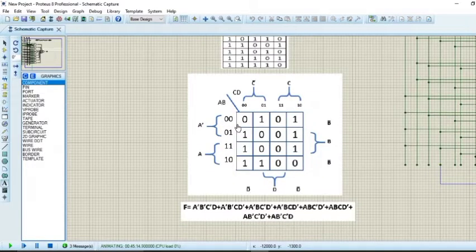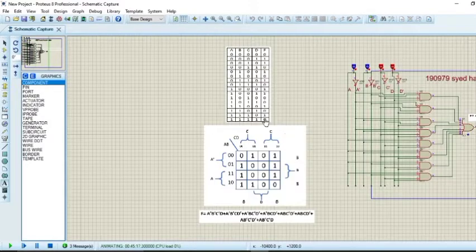So here you will see the Karnaugh map for this truth table, and these entries are arranged in such a way that when A, B and C, D are 0, 0 and 0, 0, then the output function f is equal to 0. Coming towards 0, 0 and 1, 1, here also it is 0. This same procedure is repeated in the order or placement of the entries in the matrix.